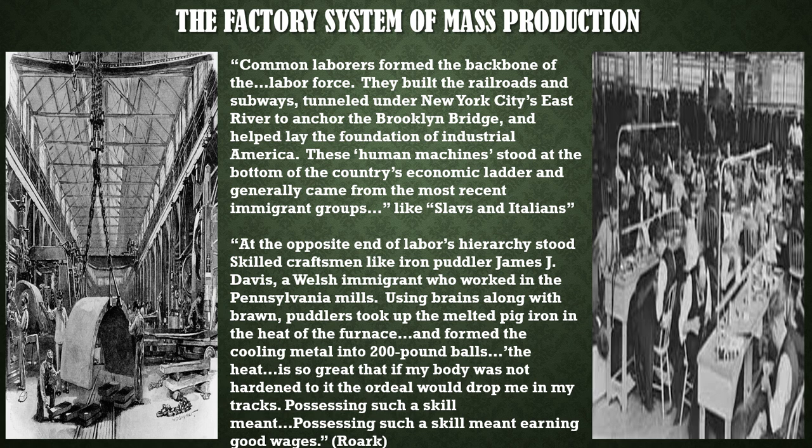Further, saying, at the opposite end of labor's hierarchy stood skilled craftsmen like iron puddler James J. Davis. Not famous, Rourke just picked this guy out as an example. A Welsh immigrant, again northern and western Europe here, who worked in the Pennsylvania iron and steel mills. Using brains along with brawn, puddlers took up the melted pig iron in the heat of the furnace and formed the cooling metal into 200-pound balls. The heat is so great, he said, that if my body was not hardened to it, the ordeal would drop me in my tracks. Possessing such a skill meant